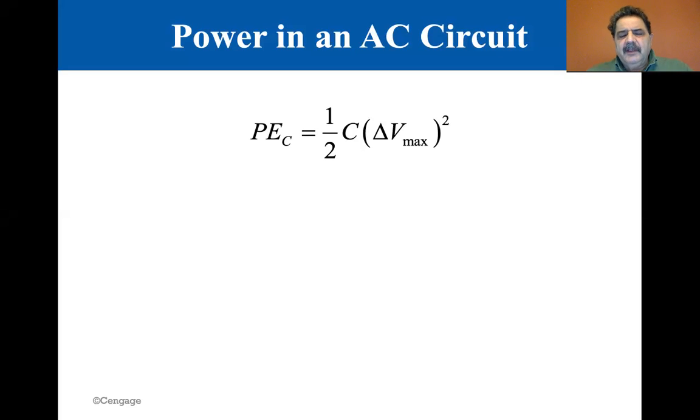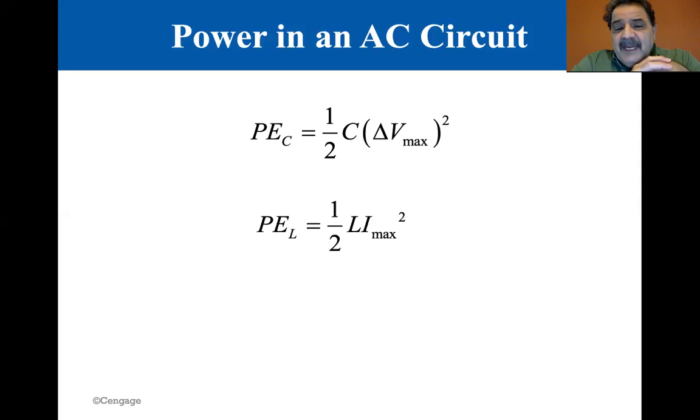Now, if we have a pure capacitor, the potential energy, the stored energy in the capacitor is 1/2 times the capacitance times the delta V max squared. And in a pure inductor, the potential energy stored in the magnetic field is 1/2 L I max squared. And we've learned in the past that for a resistor, the average power is equal to the I RMS squared